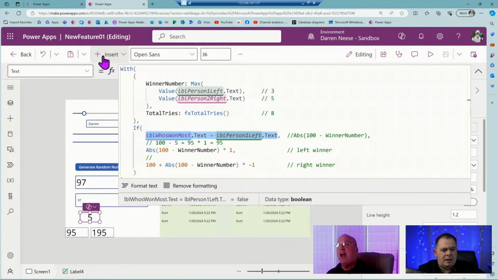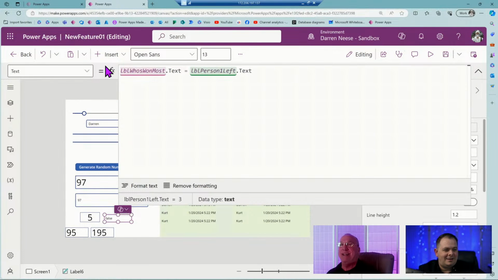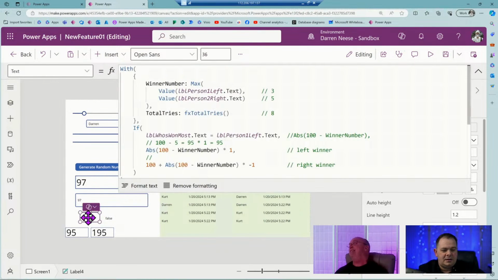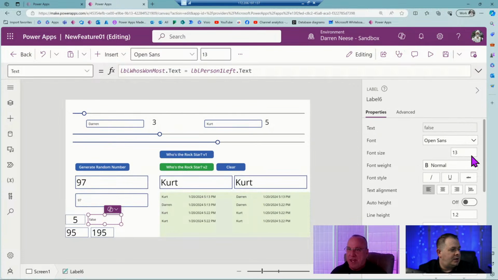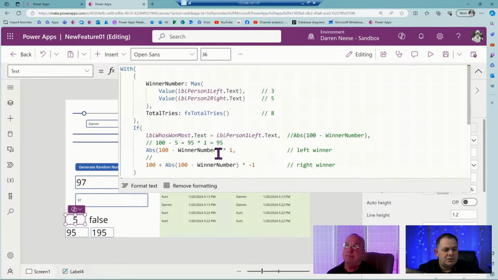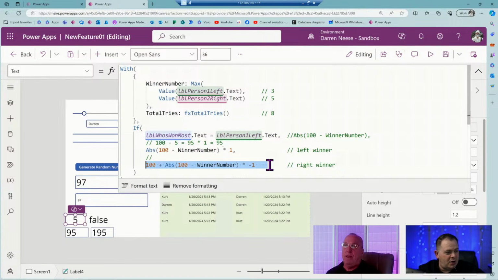I'm going to add... I got it, Darren. You got it? All right. I think so. I got it. Let's go back to that code. So I just wanted to add another label here that's going to tell us if we're in the true part or the false part. Okay. And I'm going to say 36. Okay. So what's giving us the number 5 is the false part. So we know the problem is right there on that line of code.